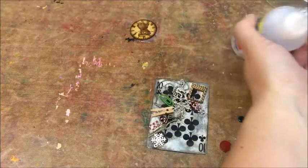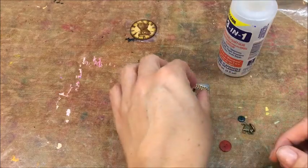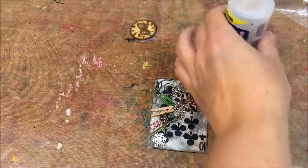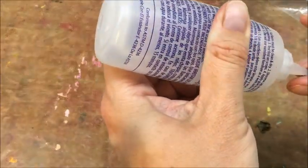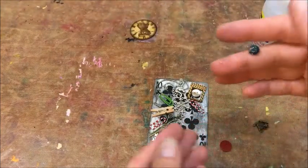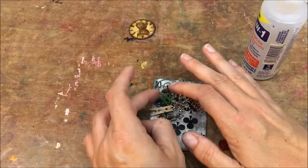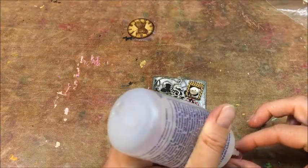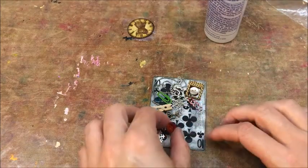And really, what I used on that one, I did buy separate things for that because it was for a design team project for Beacon, and I wanted a certain look. And the items that I used were cheap. They were plastic beads that even had holes in them so you could string them up. I think I spent $1.99 on the beads. But then I also put in some gears that were a little bit more pricey and things like that. I used a ton of black gesso on that. That's the one thing with this that I go through a lot, is I go through a lot of black gesso on this. If you're noticing, I'm kind of leaving that corner